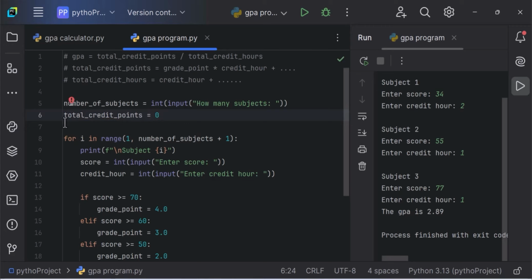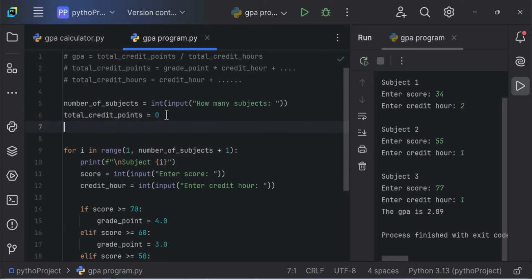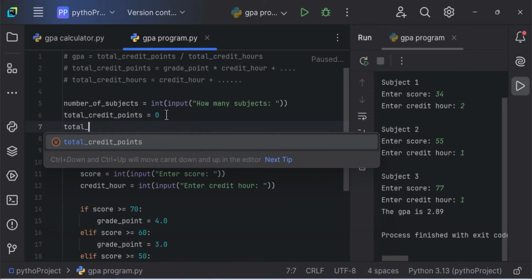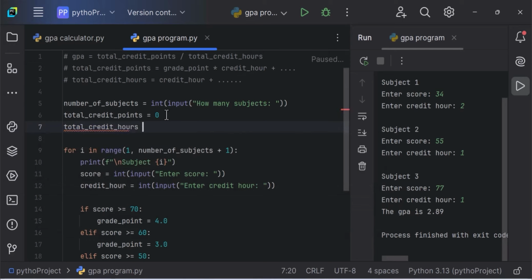So the aggregate must be equal to a particular value, which is 0. We also want to initialize our total credit hours. Total credit underscore hours. This will store the total credit hours because we need the two to actually find the